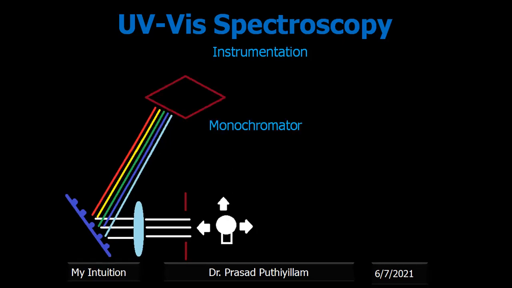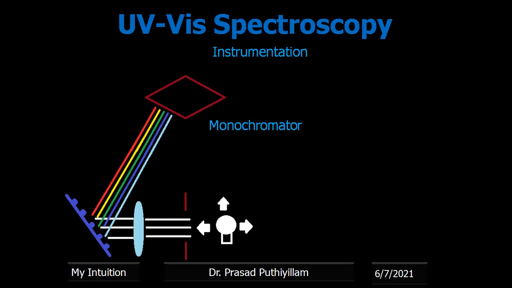Then we need to have a monochromator to convert the light to a particular wavelength based on the sample that we use, based on the wavelength of light that the sample is absorbing. By trial and error, we can find out which particular wavelength our sample is absorbing. Therefore, we need only that particular wavelength of light, and that can be obtained by using a monochromator.